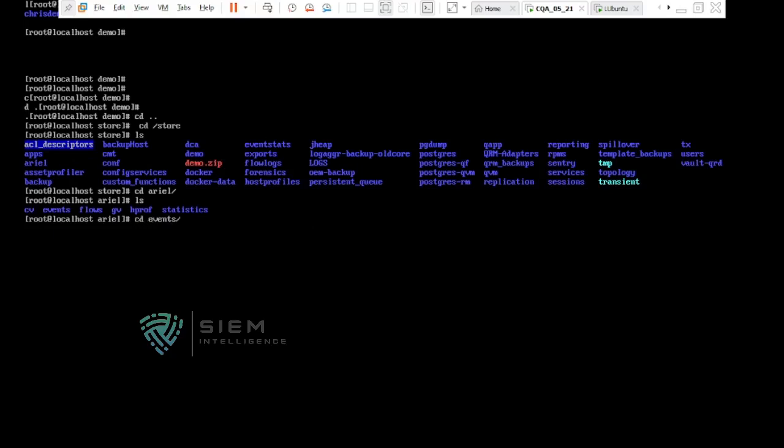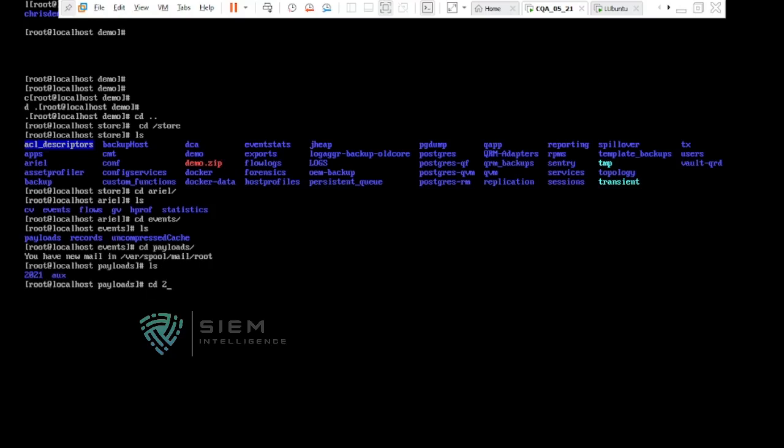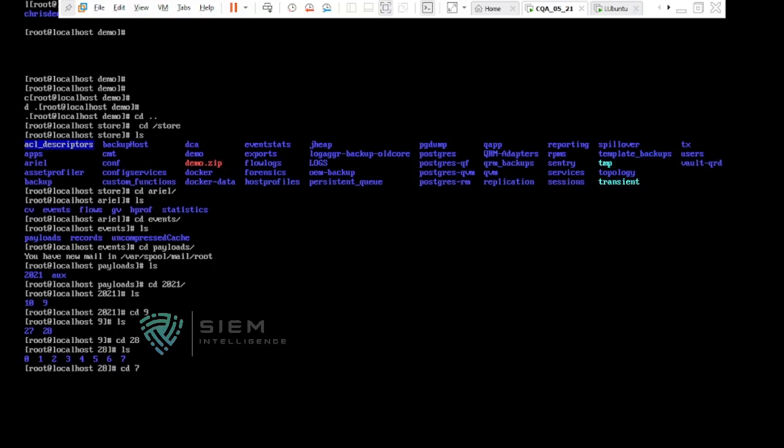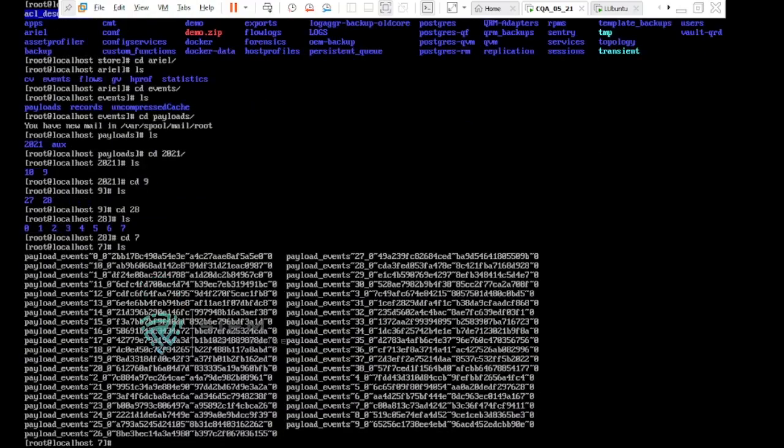If you go inside cd events and do ls, you get payloads, records, uncompressed, cache. You go to payloads and ls: year wise 2021, month wise, day wise 28, even hour wise, cd 7. If you go inside, see, this is your payload data. This is one table.